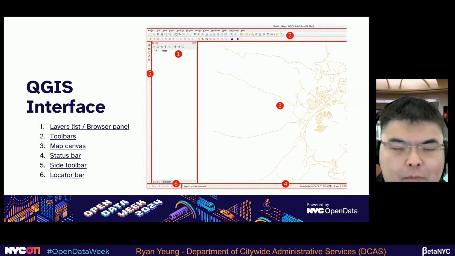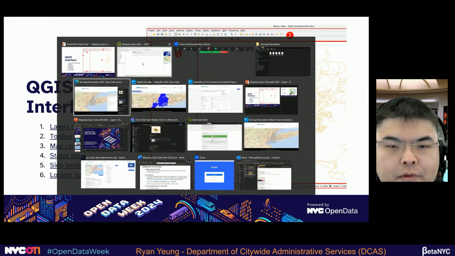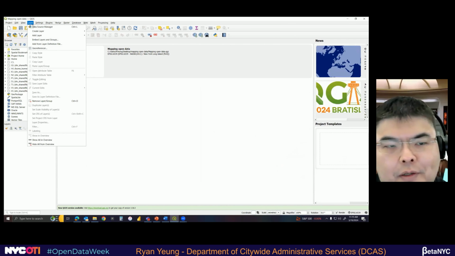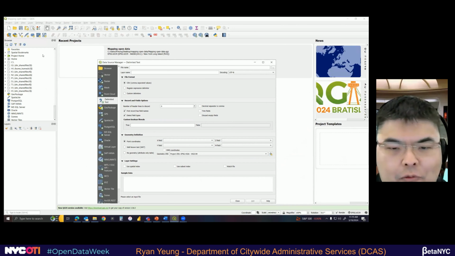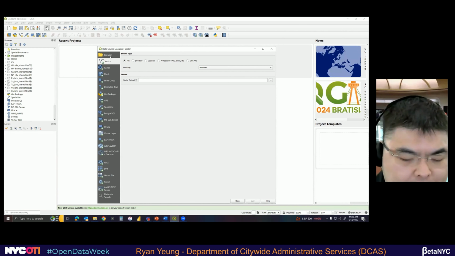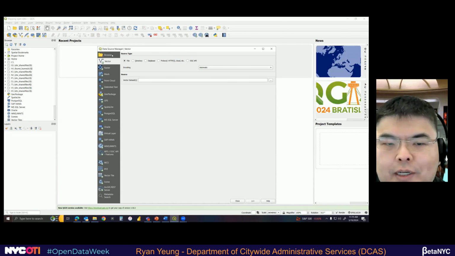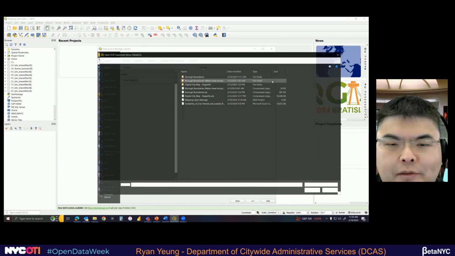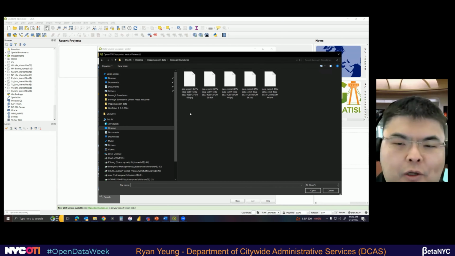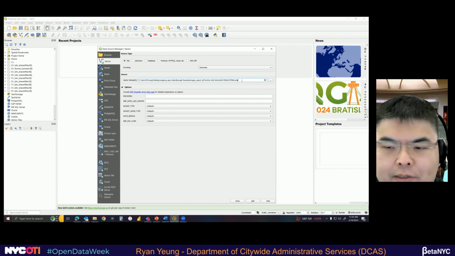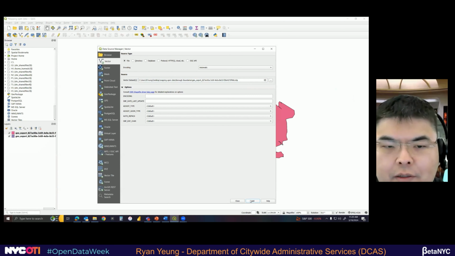And let's make our first map. I'm going to go to QGIS. All right. And what we're going to do is we're going to go layer. And you're going to go data source manager. Whenever you want to add a layer, you can add it from the data source manager in layers. And we're going to select vector for now, because this is an introductory class training. And the one that we want is the one called borough boundary. So that's the one without the word. And we want to add the shapefile, the .shp. Click add and close.